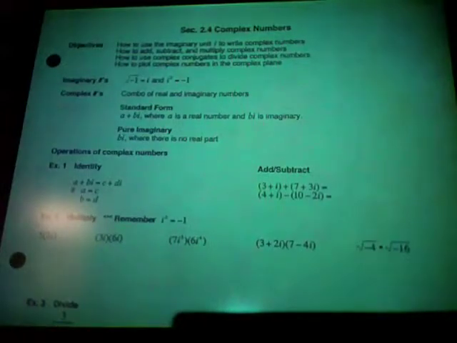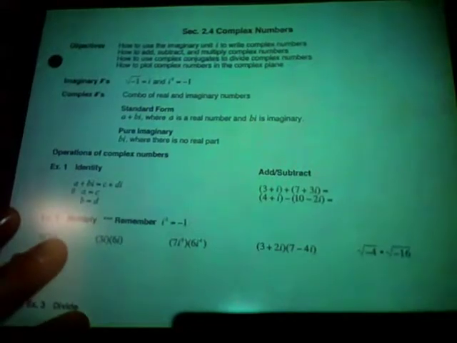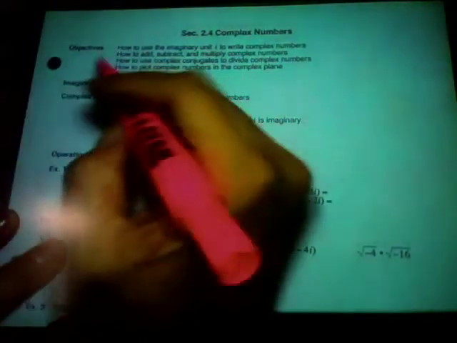All right, so 2-4 deals with, as I said, complex numbers. And you're going to want a highlighter. Complex numbers involve the set of imaginary numbers along with a set of real numbers. So I just want to alert yourself to the fact that